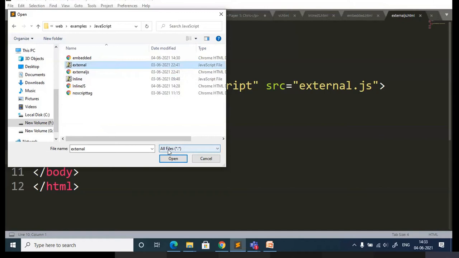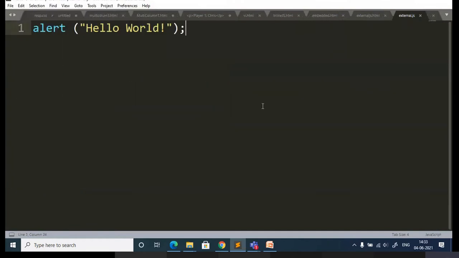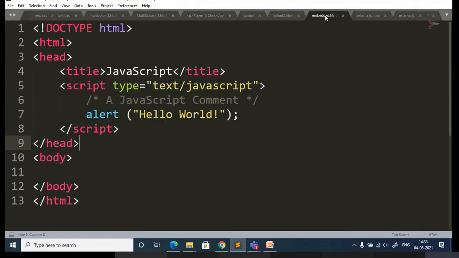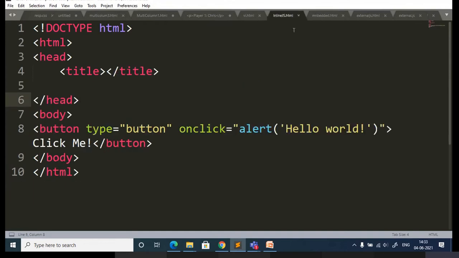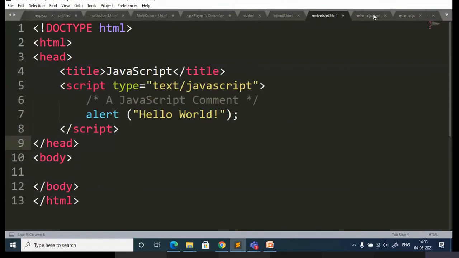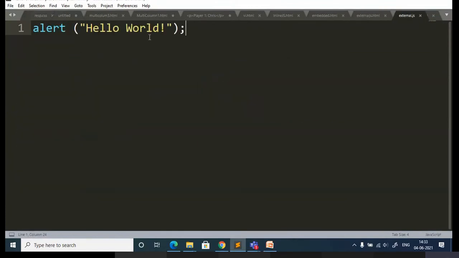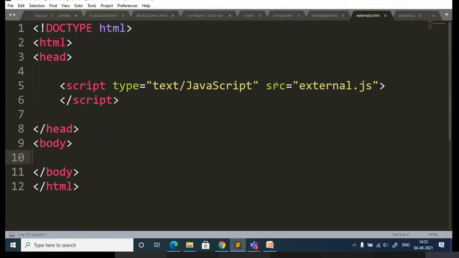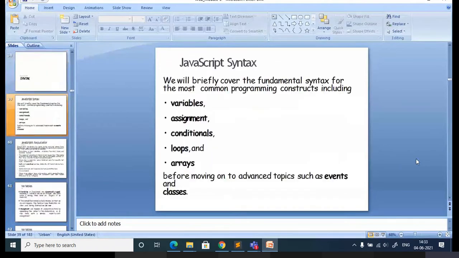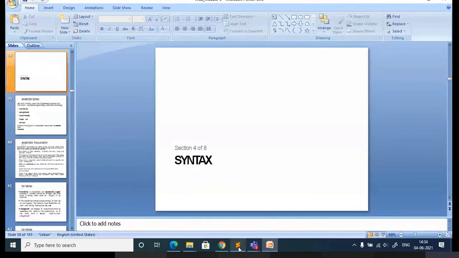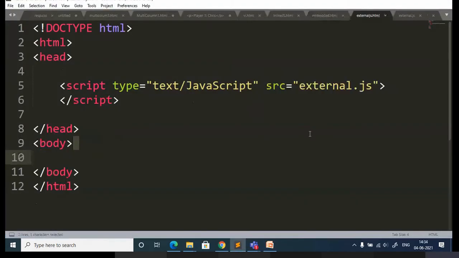So open external. That's all I have written. Only one message, and I have executed all three types. Even in the exam, if they ask, this much is enough. Explain what is inline and give this example. Inline, embedded, external. For external, you have to write a separate file with the JavaScript code and include this file in the HTML with the source attribute. This is very, very important, the source attribute. So that finishes where JavaScript goes. Very simple. Just execute once, you will understand how you can start with JavaScript.